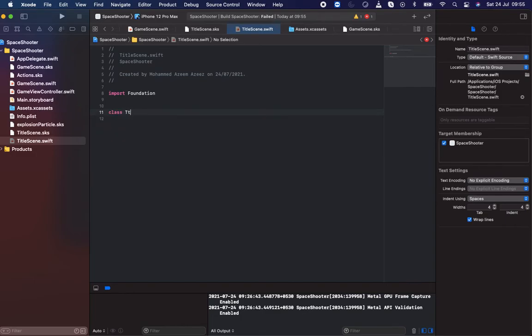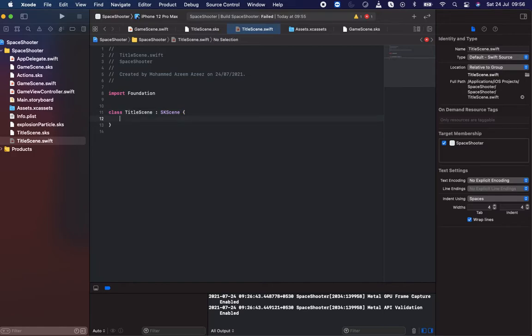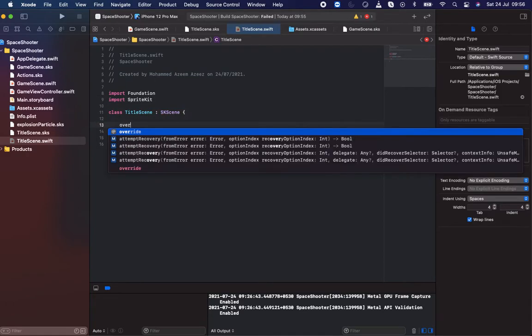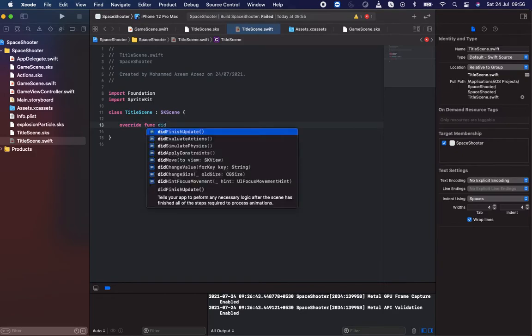So to do that, let's say TitleScene, and it's of kind SKScene. And we need to import some things, like import SpriteKit. Correct. And what we need to do here is override func didMove,